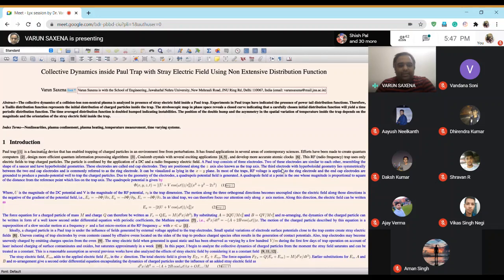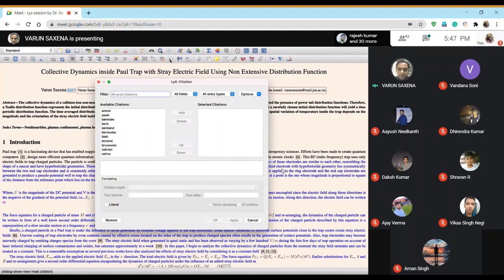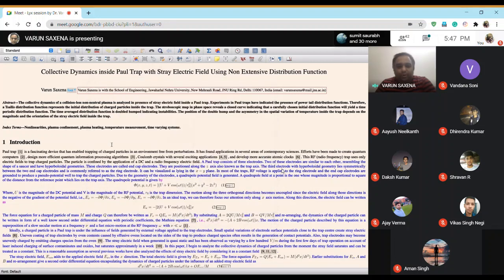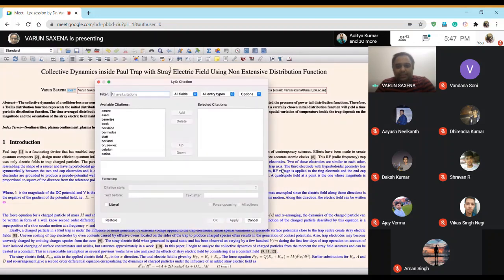You come here on the top. This was for figure, this was for table, label I'll tell you later. This is insert cross reference and insert citation. Suppose I want to put a citation over here after charged. I give a space, and then go to the point which says insert citation. I press it, and this page opens that had opened earlier. I look for whatever I want to add.